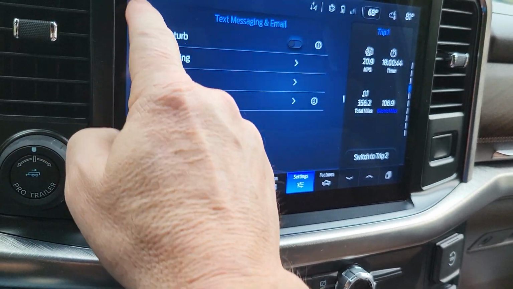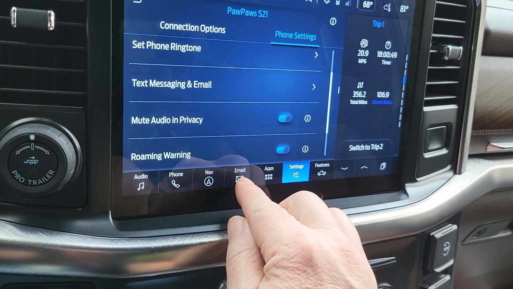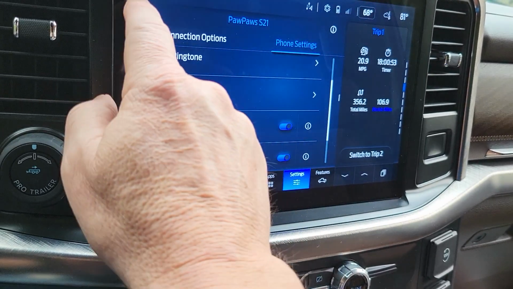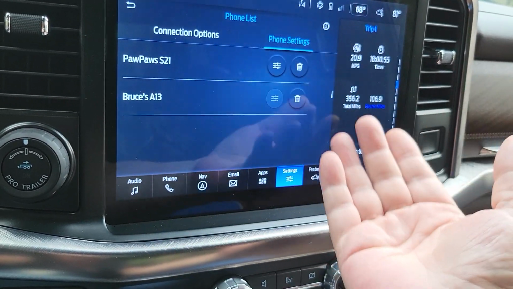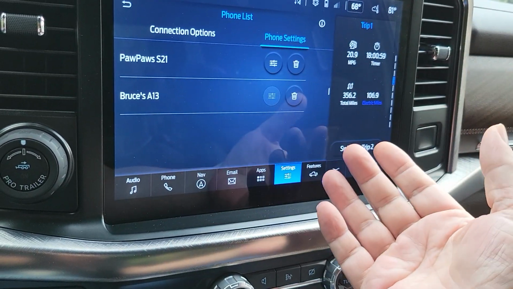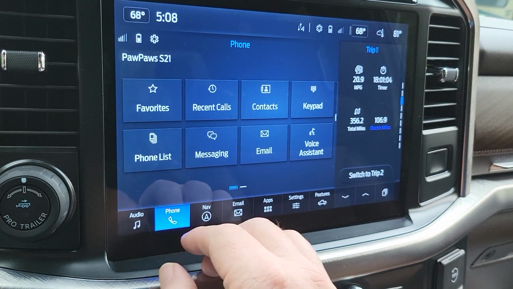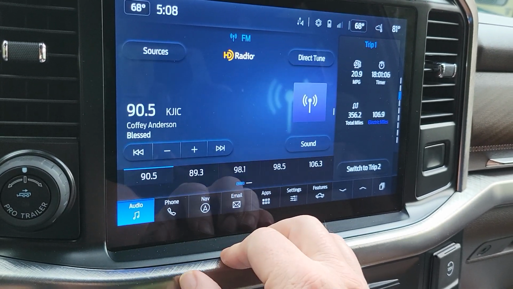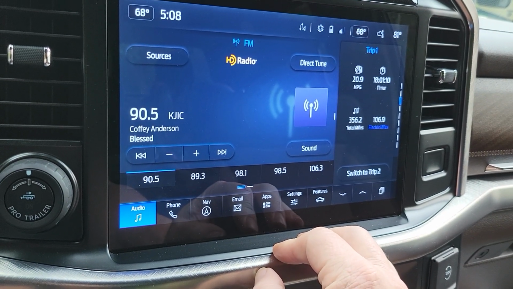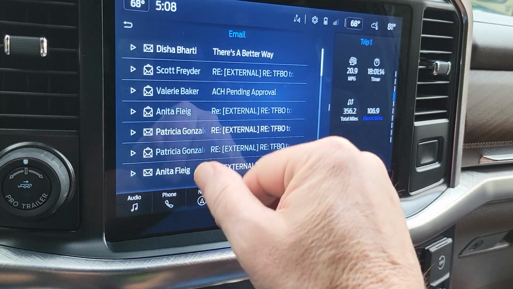But anyway, I believe if you do not have email or text messaging options for the favorites button, it's because during your pairing process, you did not give that phone those access rights, which have to be done one time. And because I did, then whenever I'm driving down the road, I'll receive a notification of an email, and it'll catch my eye. So what I'll do is I'll click email while I'm driving, and then it'll just show me